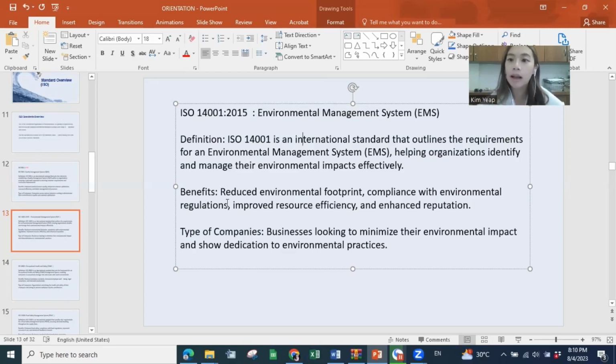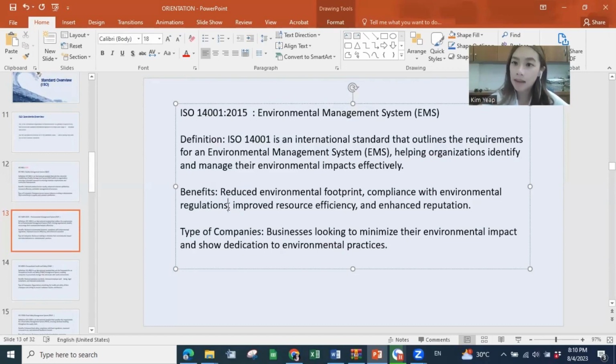Usually it comes from who? It comes from the Department of Environment, DOE. So by following the standard in ISO 14001, it also ensures you are following what the DOE is asking you to follow. I want you to understand that ISO is not rules, it's not law. If you're a factory and you don't have ISO, is it okay? Yes, you're okay. You're not going to receive any penalty for not having ISO. It's fine. But when it comes to regulation imposed by the government, you need to follow.